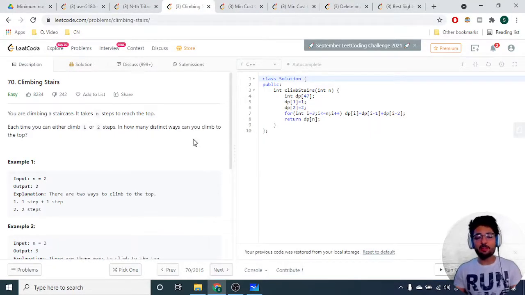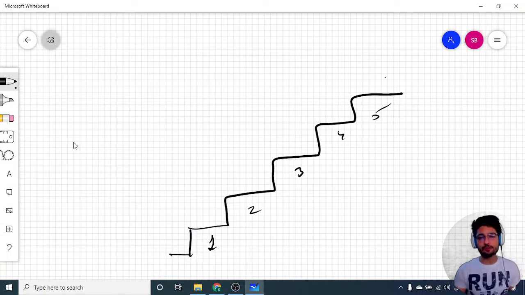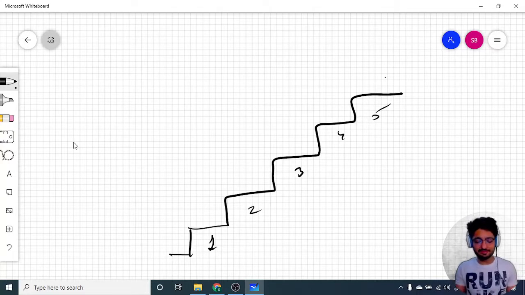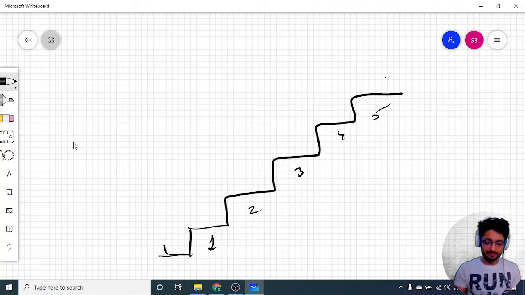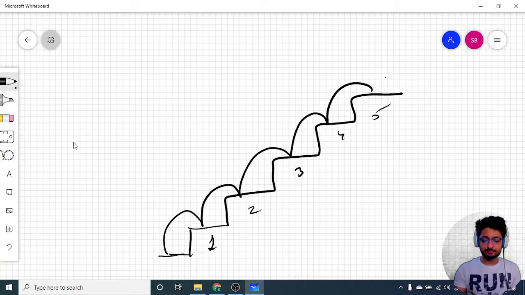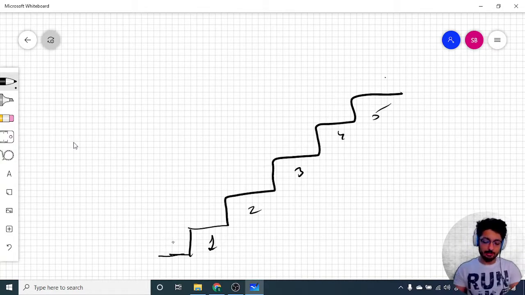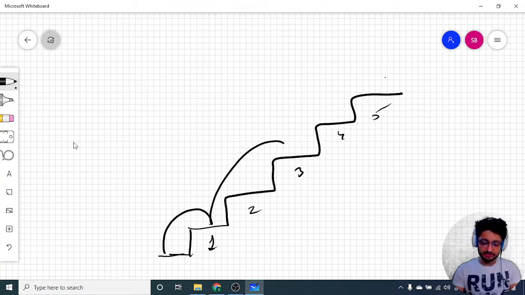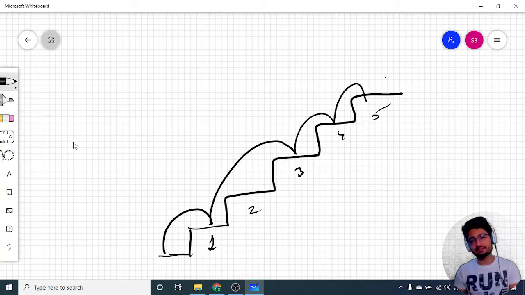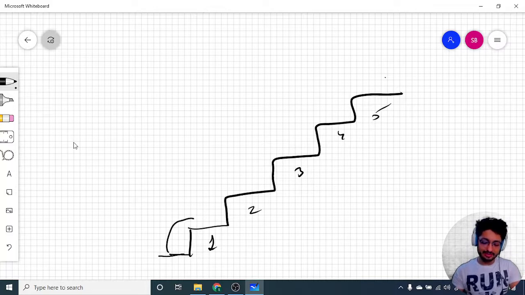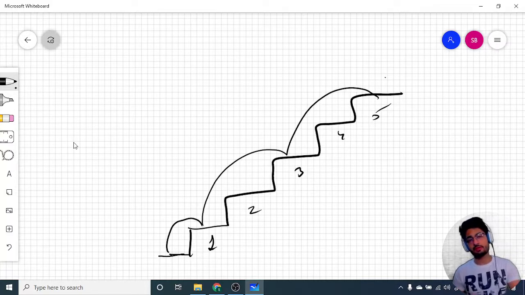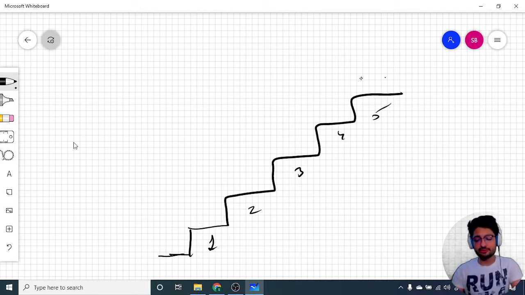And in how many distinct ways can you climb to the top of the staircase? So it means that if you want to reach the top, how many different ways you can take. By different ways I mean, let's say I'm standing here. One way can be to climb every stair one step at a time, or maybe I do the first stair by one step, and because at every stair I can also do a one or two stair jump, I can do a 2 stair jump like this, and then a single stair jump, or I can do 1 stair jump, then 2 stair jump and 2 stair jump, and so on. So there can be multiple ways to reach the top. So you have to just tell how many ways there are.